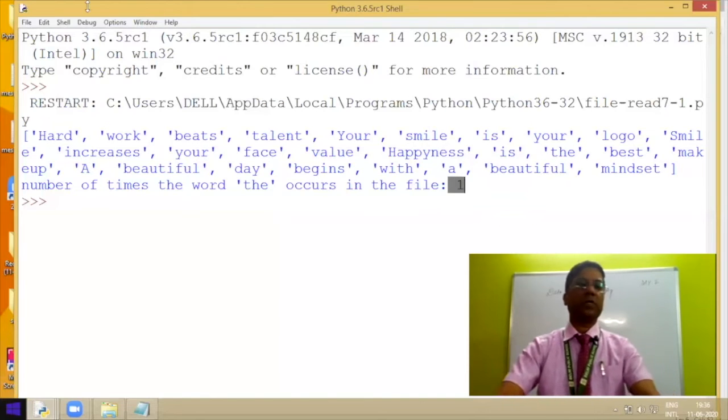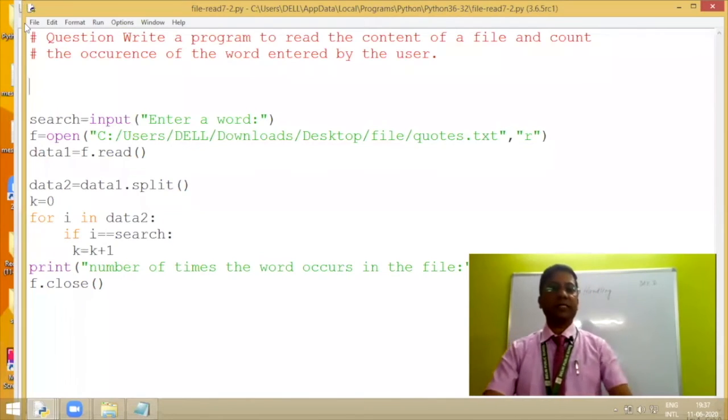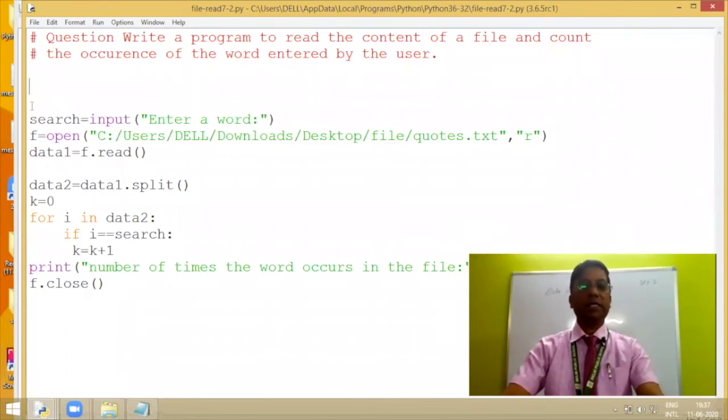Now let us move to the next question. Let us take a similar question, but here the program is more generalized. We will enter a word, and we will look for that word in the file. The question reads like this: write a program to read the content of a file and count the occurrence of the word entered by the user.